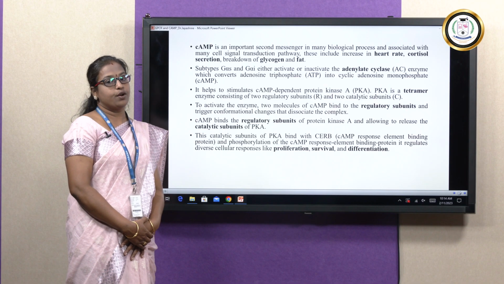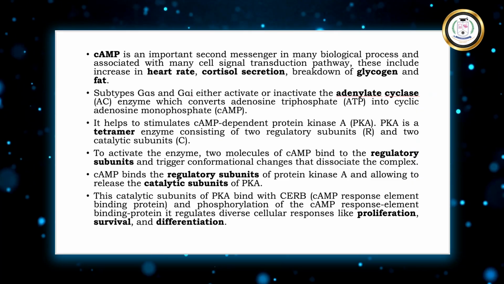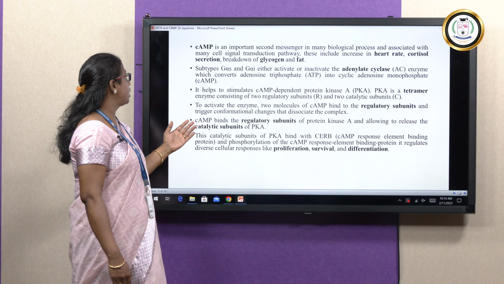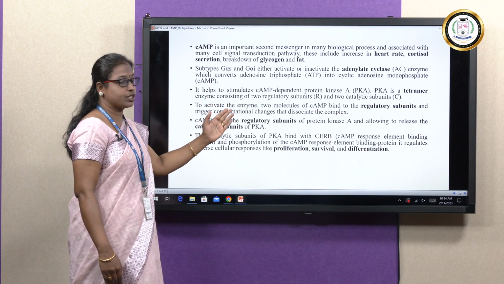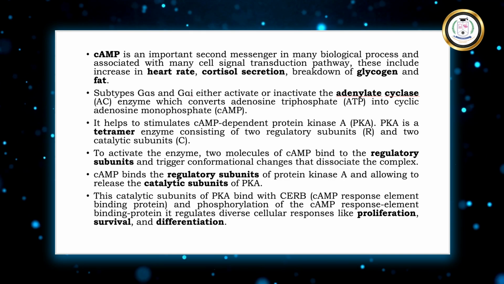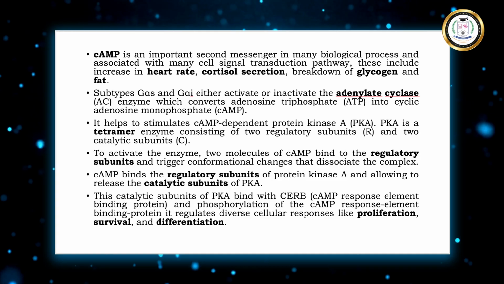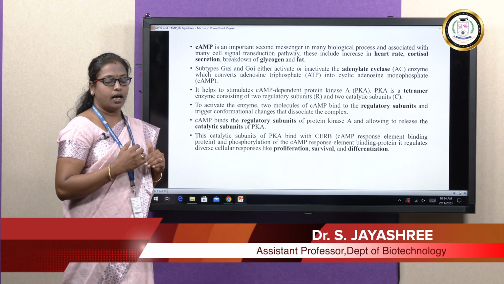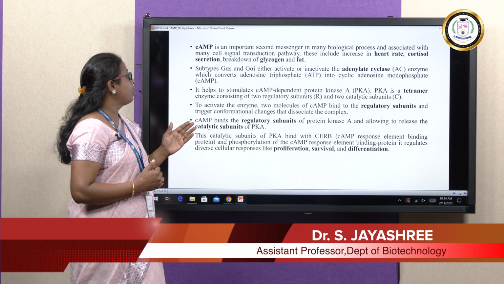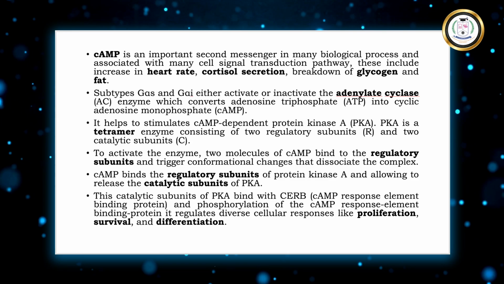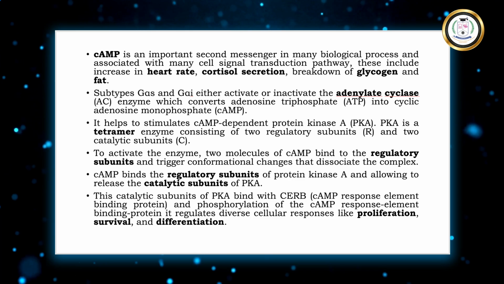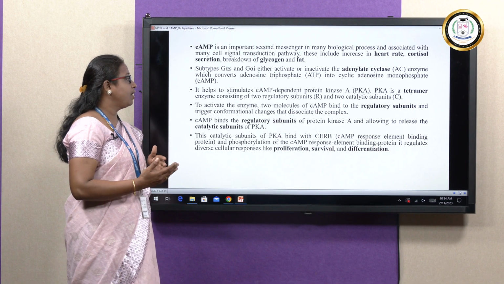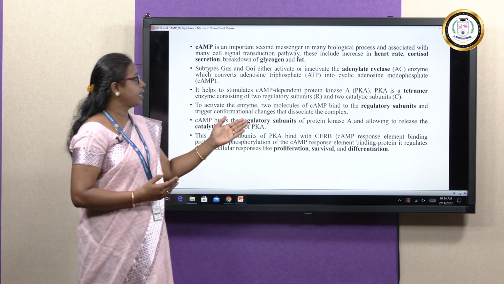What is meant by cAMP? cAMP is cyclic adenosine monophosphate, an important secondary messenger in many biological processes, associated with many cell signaling transduction pathways. These include increase in the heart rate, cortisol secretion, which is a type of hormone that reduces the stress level, and breakdown of glycogen and fat. Subtypes of G alpha subunits like Gs and Gi either activate or inactivate the adenylyl cyclase enzyme